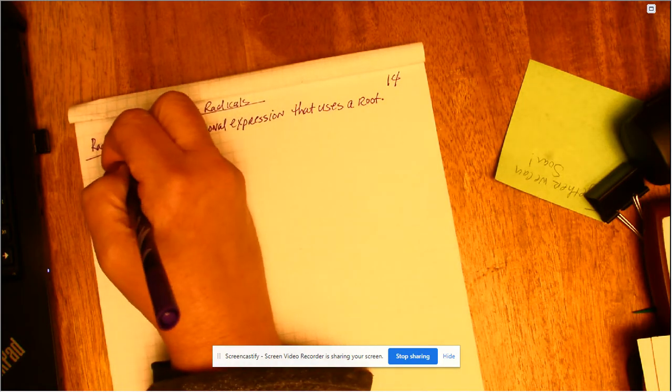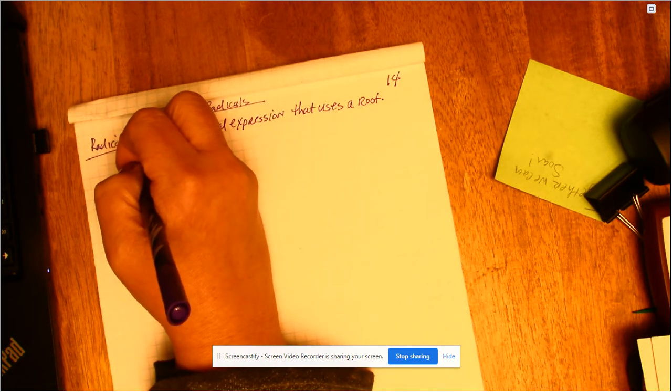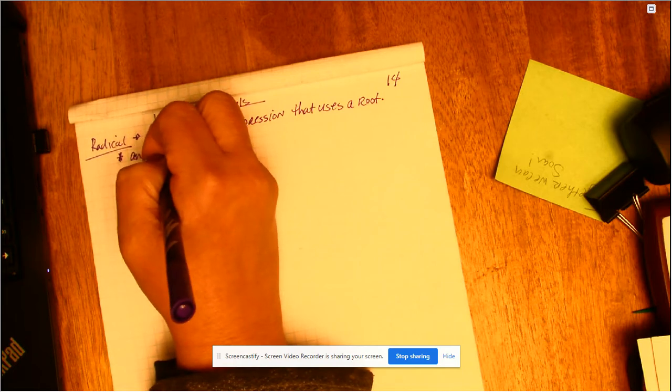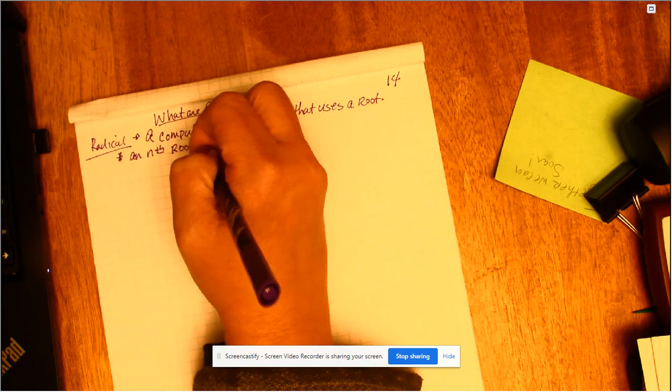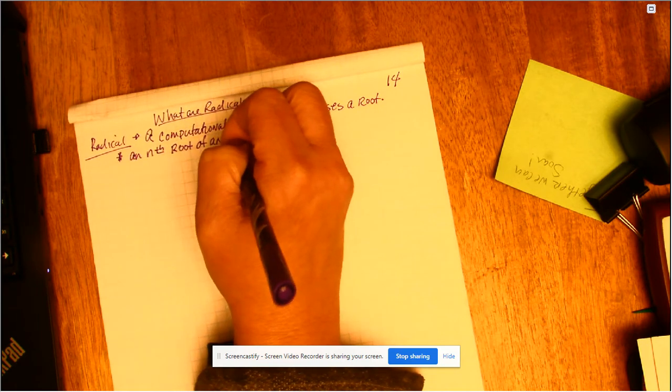The official math definition is an nth root of a number